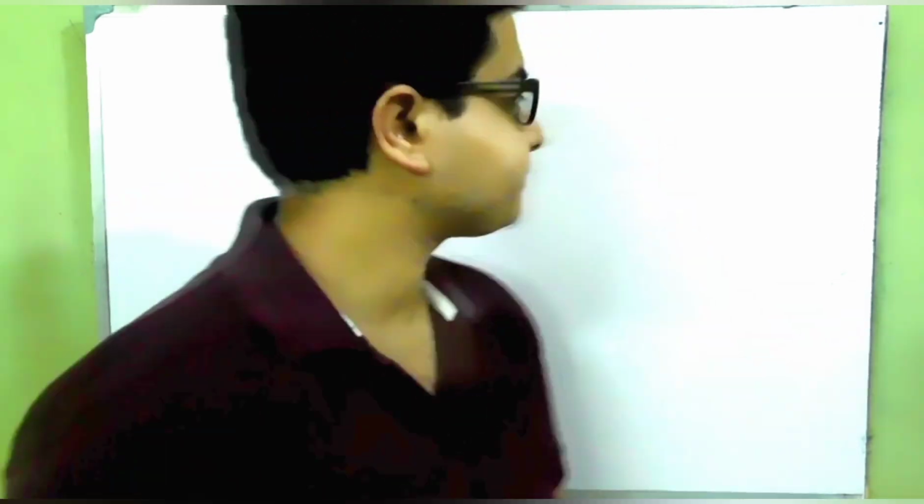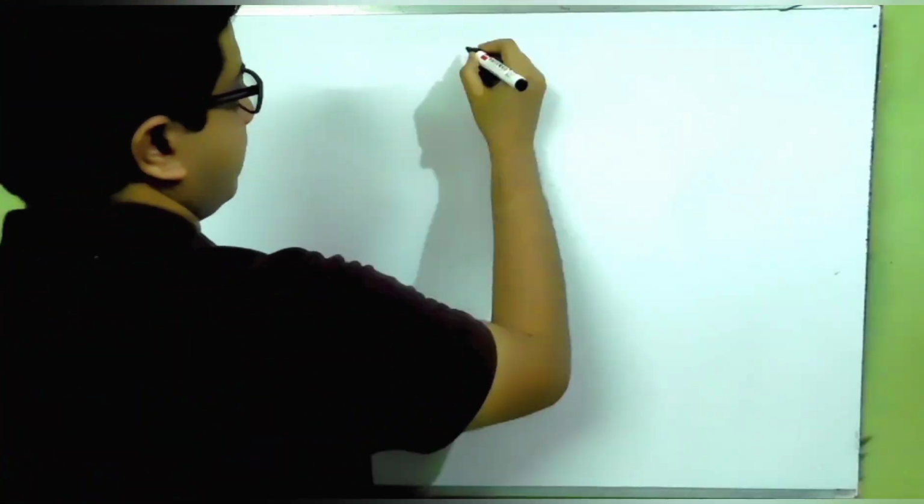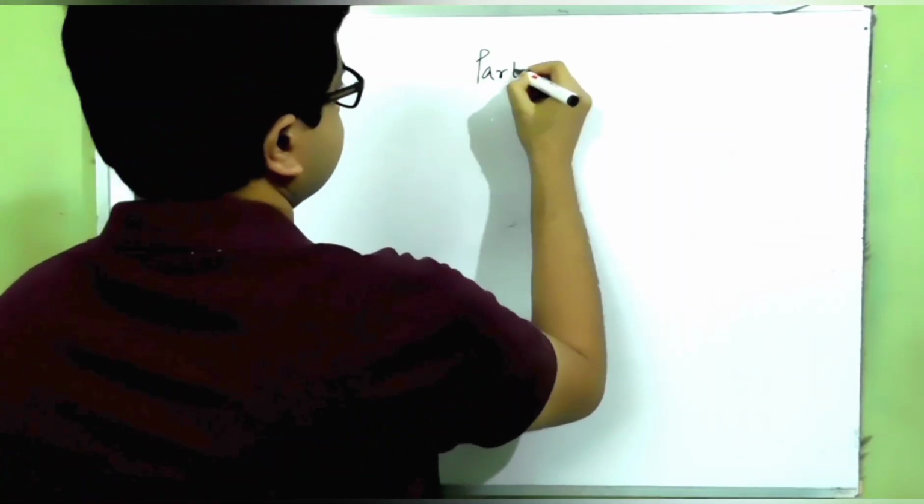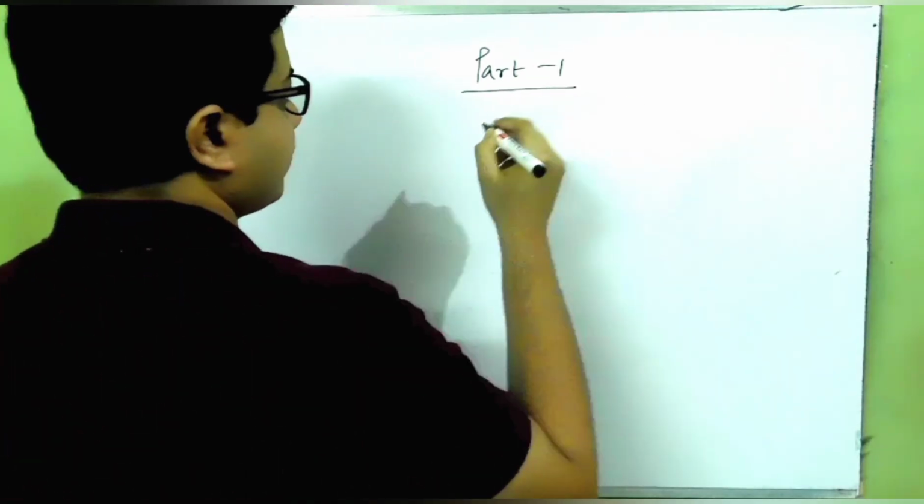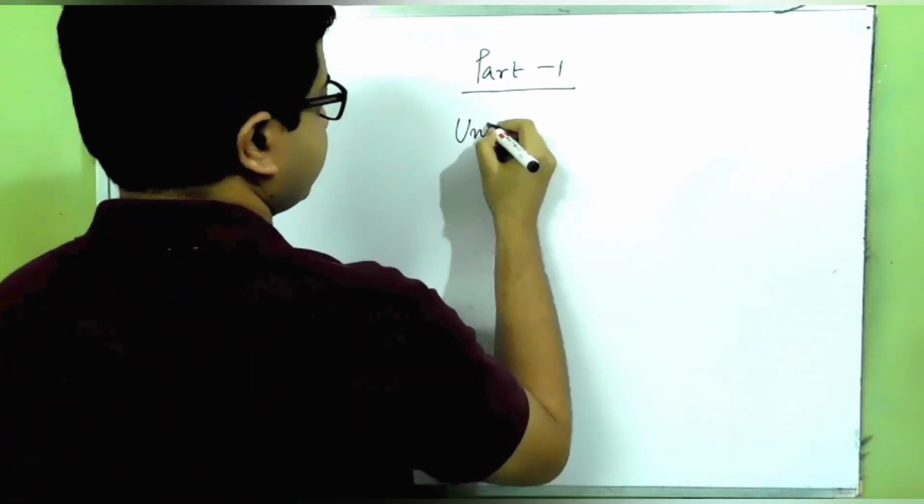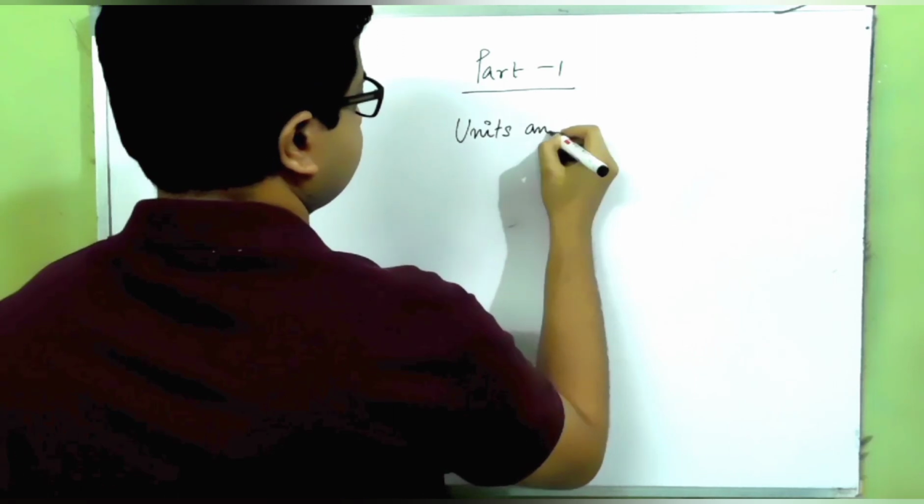In part 1 we are going to discuss the various units and dimensions regarding the electrostatic parameters which we have already learned, and in the second part we are going to discuss some more advanced concepts regarding electrostatics. So in part 1 of today's discussion we are going to discuss units and dimensions